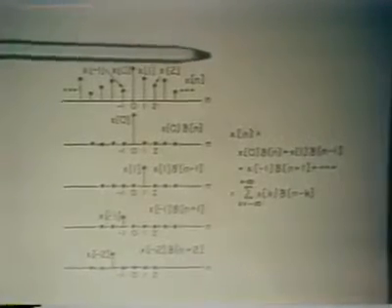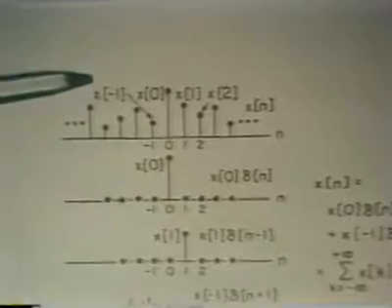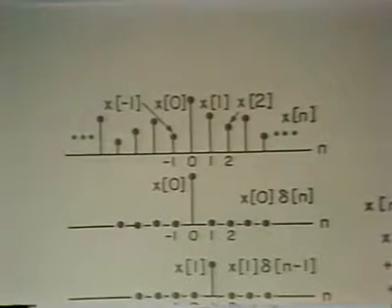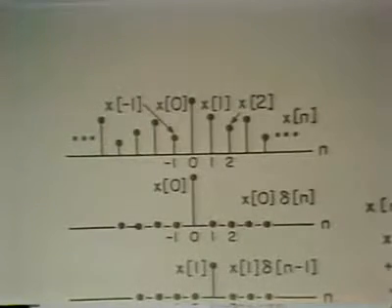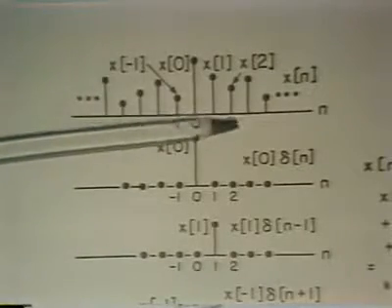What I've shown here is a general sequence with values which I've indicated at the top. And more or less as we did when we talked about representing a unit step in terms of impulses, we can think of this general sequence as a sequence of impulses, delayed, namely occurring at the appropriate time instant and